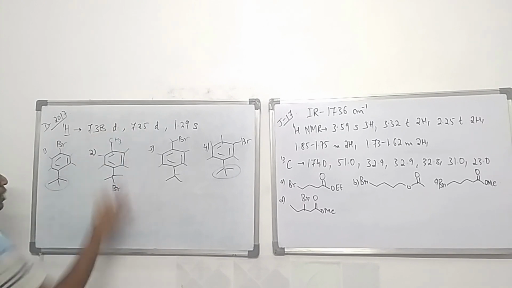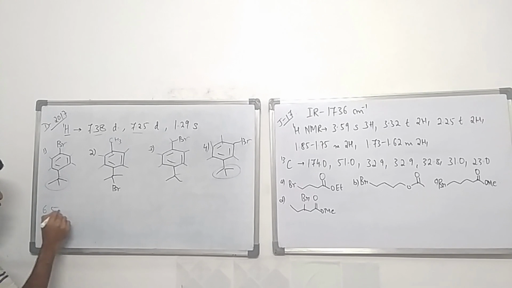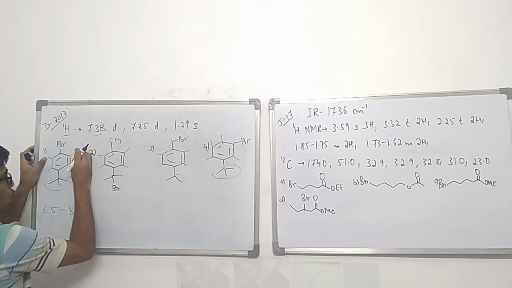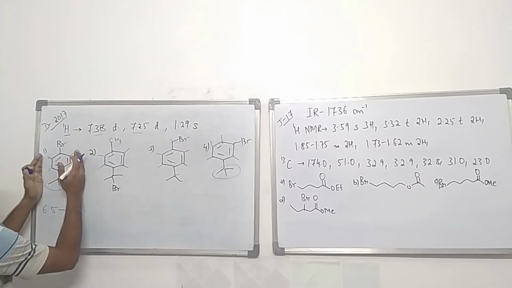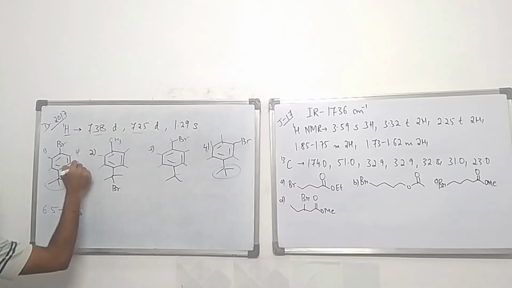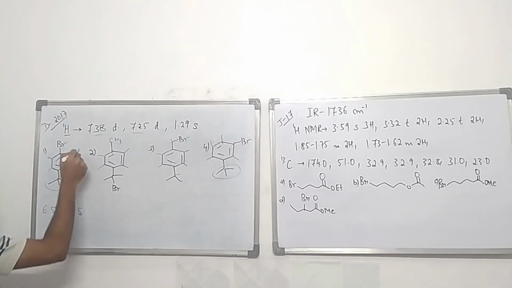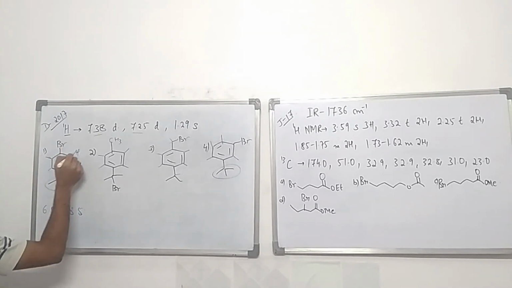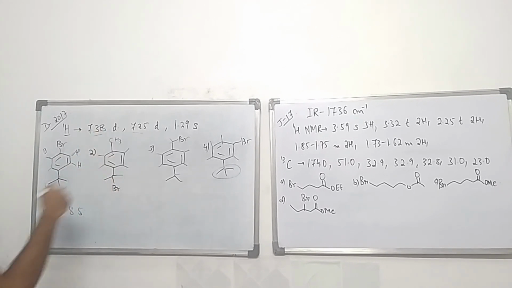But if we use the values, now see 7.38 and 7.25, as I told you, for aromatic protons, it is in the range of 6.5 to 8.5. So we can say that both of these will belong to the aromatic protons. Now in this case, doublet, because there are different protons on neighboring carbons. So this will have a doublet because of this, and this will have a doublet because of this. Now both of these protons will have the same signal, but the number of protons corresponding to each signal is not given, so let's not worry about that.